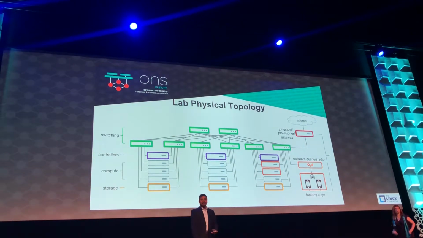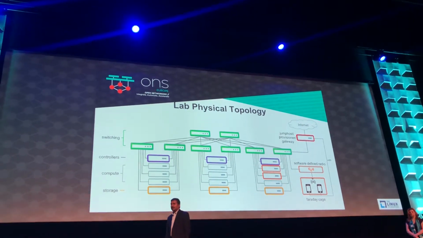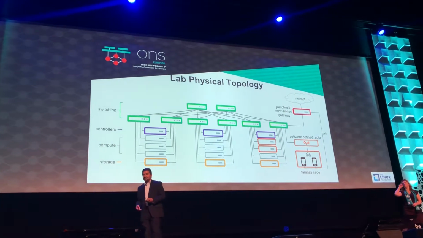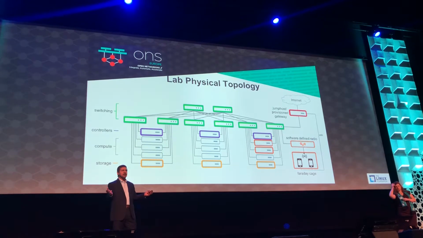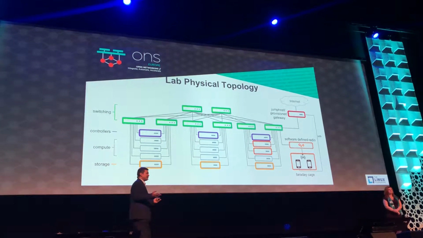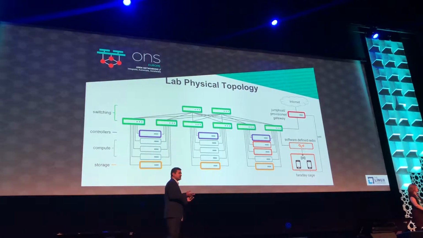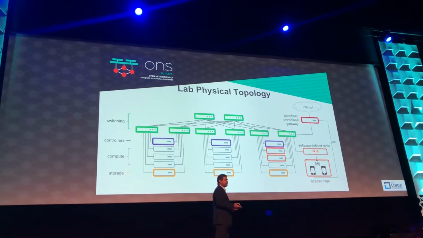And Cumulus was kind enough to host us this time around. Last time it was another vendor that hosted us. This time it was Cumulus that hosted us in San Jose. And we built out a physical topology. This was a large leaf spine fabric with 6 leaf switches, 2 spine switches, and a lot of compute nodes